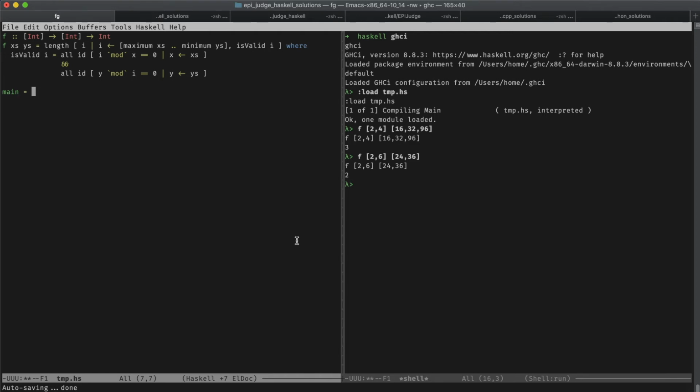We wanna first call the lines function. So the lines function takes a string and then returns a list of strings. So basically it splits the string by new line character and gives you lines in a list. So that's what we want. We want to do lines, and then we want to basically skip over the first element. So I can just do tail,